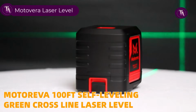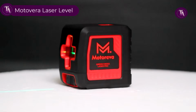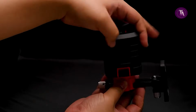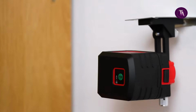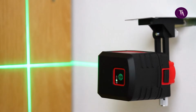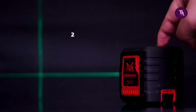Motovera Laser Level. The Motovera Laser Level is a compact, self-leveling, green cross-line laser designed for precise indoor and outdoor leveling. Projecting bright 110-degree horizontal and vertical lines, it offers adjustable brightness and dual modes, self-leveling for automatic accuracy and